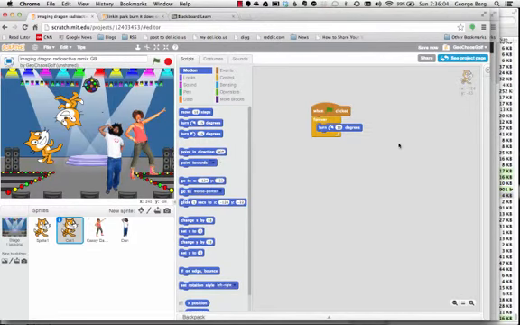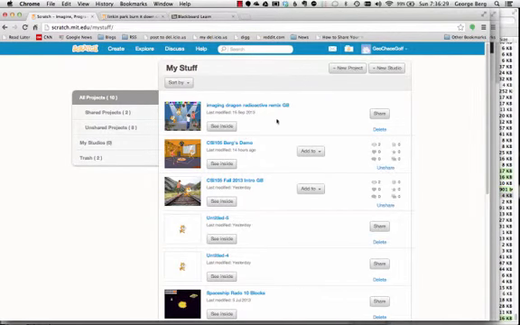So now, where is this thing that I've created? It's now over in my space, my stuff. Here, my stuff. Okay, there's my stuff: the Imagine Dragons Radioactive Remix, GB. All right, let's go in and share that so you can all see my amazing work. I want you to share yours so that we can see it, and also